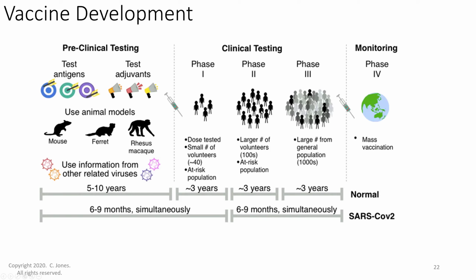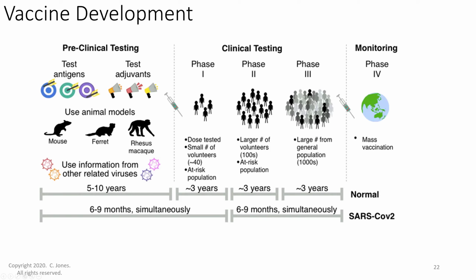In a phase 2, we go to a much higher number of people where there are going to be more genetic differences, and we may be able to pick up any adverse events, but we're still doing this at just one hospital. And then in a phase 3, we go to thousands of people, and we're going to do this at multiple different hospitals, because we're trying to see if the doctors or nurses who are administering the vaccine can get the same results that people did at the first single hospital center. And again, so we've done this really in about a year.